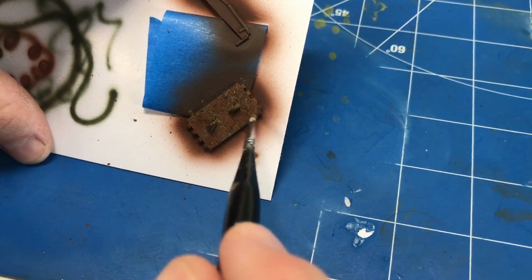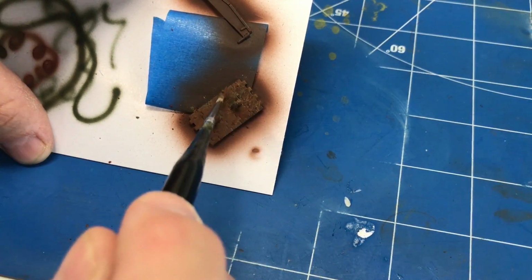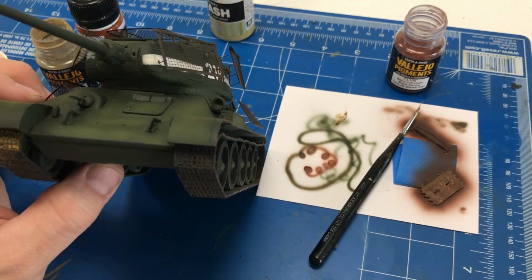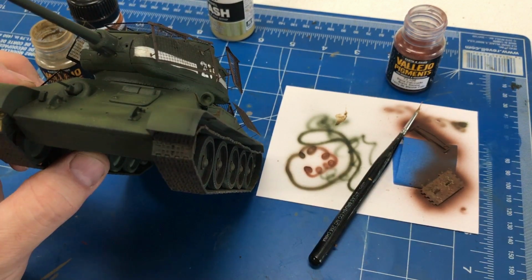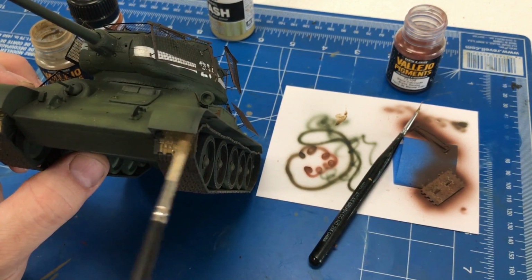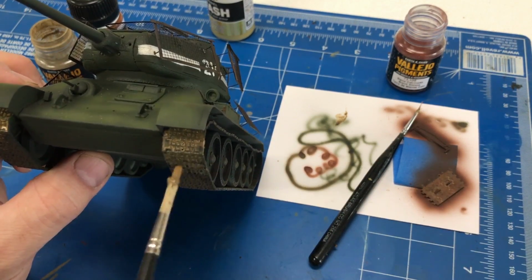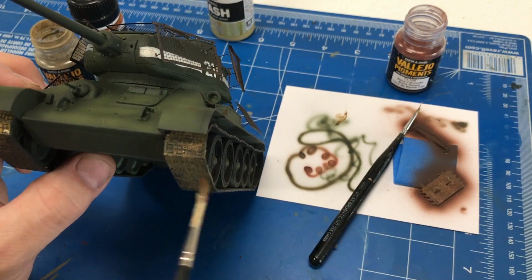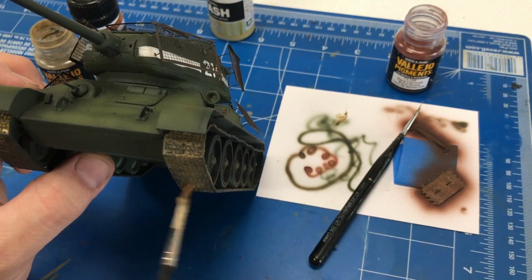Now, it looks like it does now because it's wet, but once it dries, you'll be really amazed with the way the tone looks on it. We're also going to weather up the tracks, and we're using our same desert dust and our light sienna mixed together into a slurry. It looks kind of dark right now, but once it dries, it's really going to dry to a nice, flat, light, dusty color. So we'll just put it over the entire set of tracks,